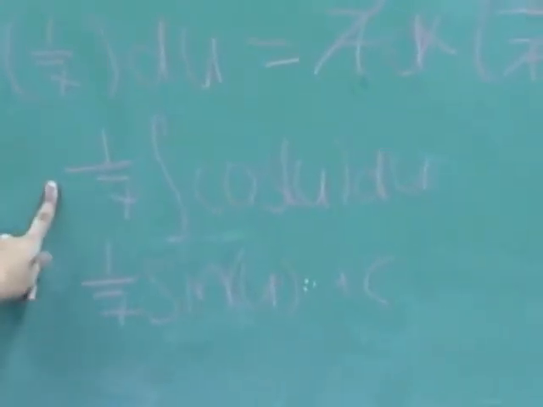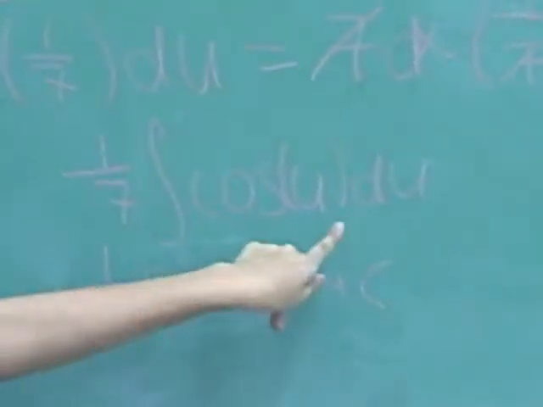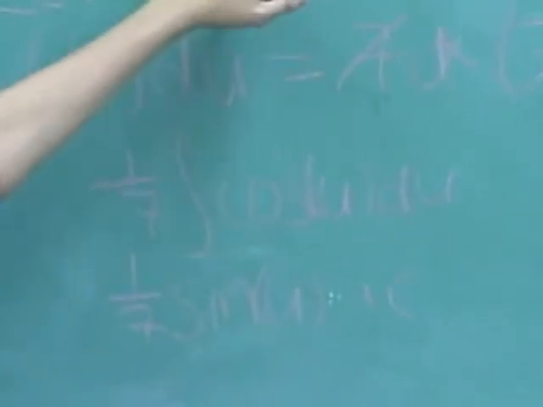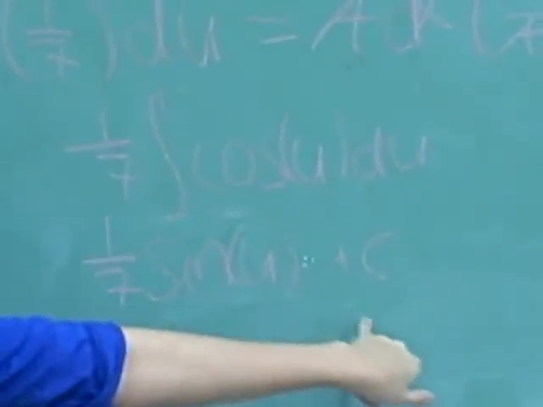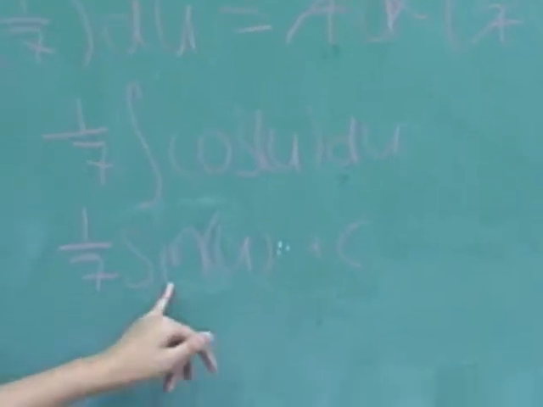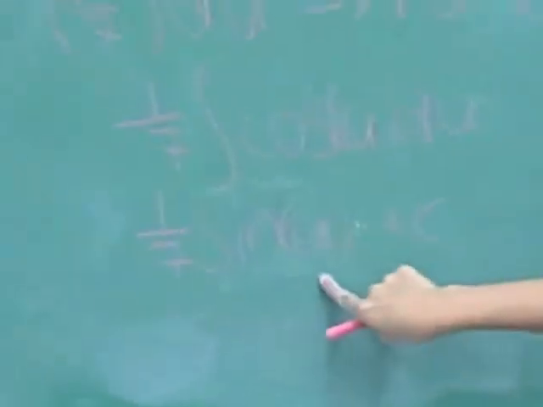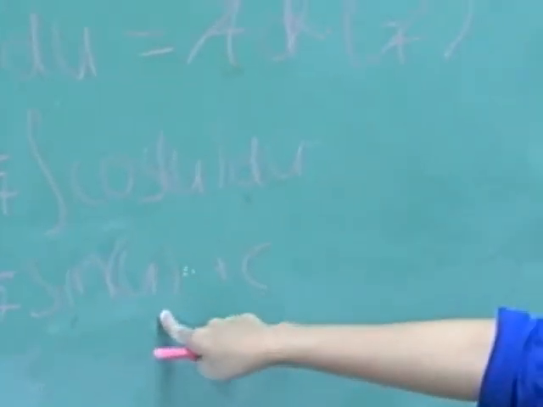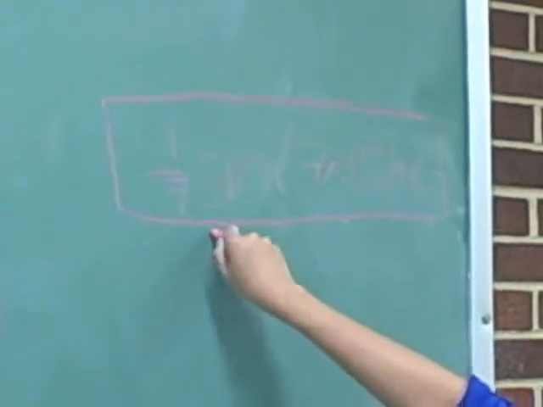So we get 1 over 7 times the integral of cosine u, for 7x plus 5, du. And then take the antiderivative, so we get 1 over 7 times sine u plus c, since we have no bounds. And sine is the antiderivative of cosine. So all we have to do is plug in 7x plus 5 over here where the u is, and then we get 1 over 7 sine